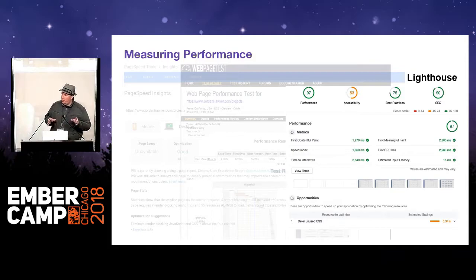All of this is really, really important information. However, it comes with one caveat. When you're dealing with third-party tools, they don't really understand how single-page applications work. They don't understand our rendering pipeline. And so when you're trying to get really accurate data and you're trying to get into the granular kind of data of like which of my components are slowing down my page, you're not going to get that here. You're going to get a lot of the high-level stuff, but it's not going to give you all of the